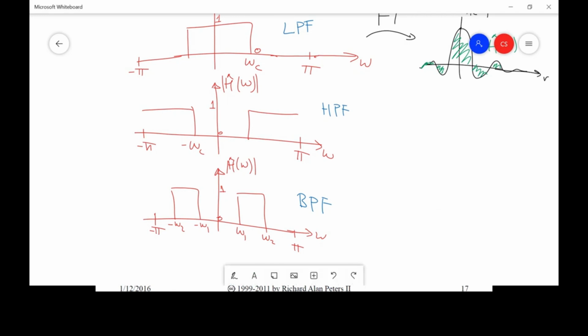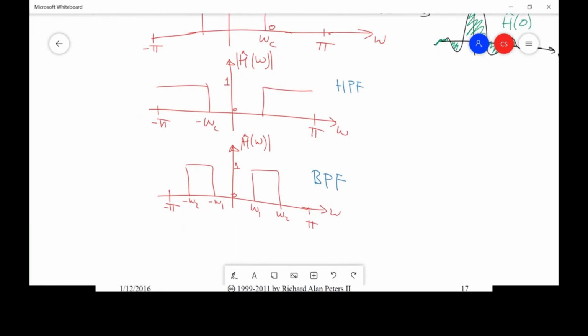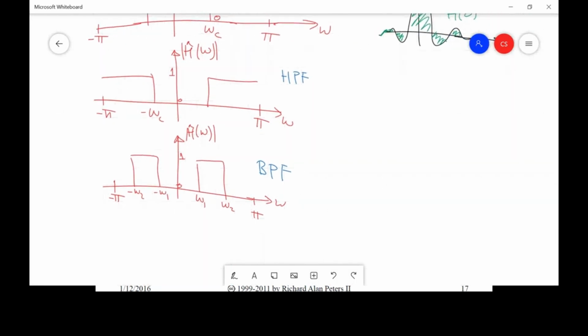We will see today, so yesterday we were seeing the low pass filters. Today we will see the high pass filters and band pass filters. So these filters,